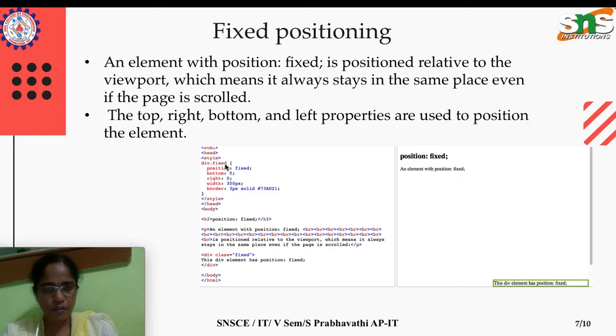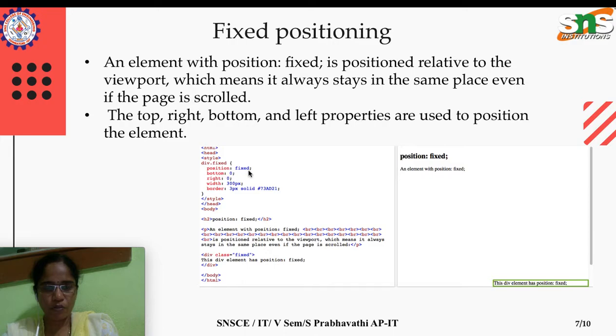So div.fixed means this fixed class will be applied only to this div element, that's the meaning. If I had simply .fixed, I could use that fixed class on another element like a paragraph or heading. But here div.fixed means this style will be applied only to a division with the class fixed.